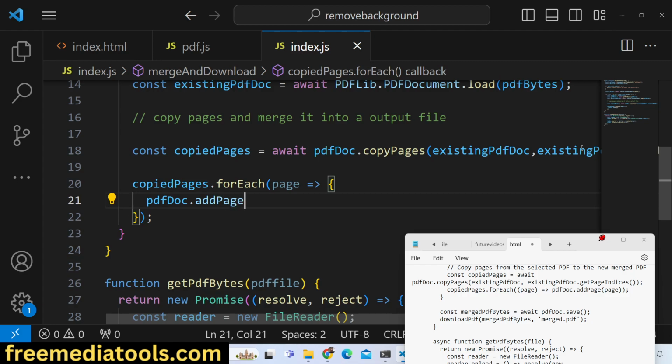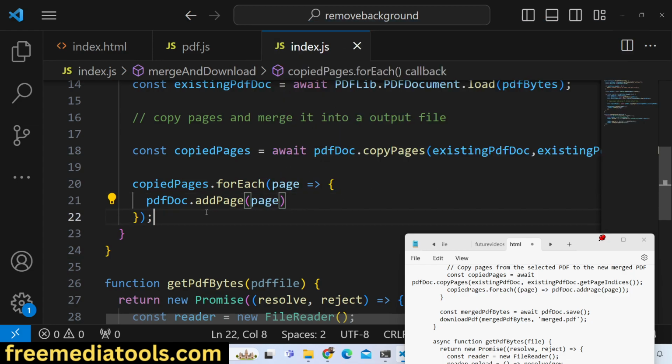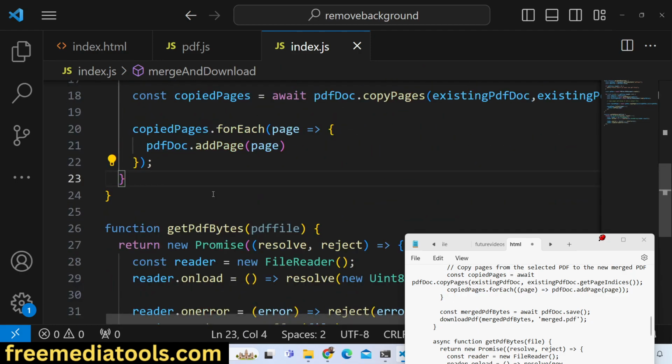In order to add a page in the PDF document, this contains a method add page. We will pass the page number, that's all. This will copy all the pages, and after you do this, guys, we just need to go outside this for loop,